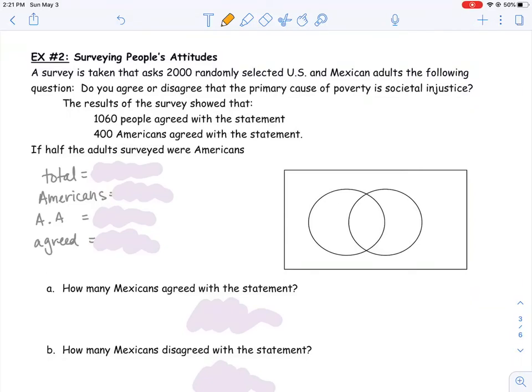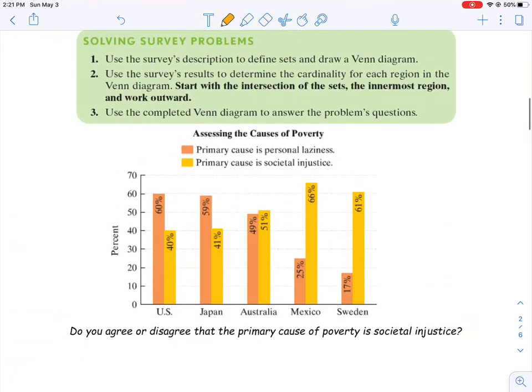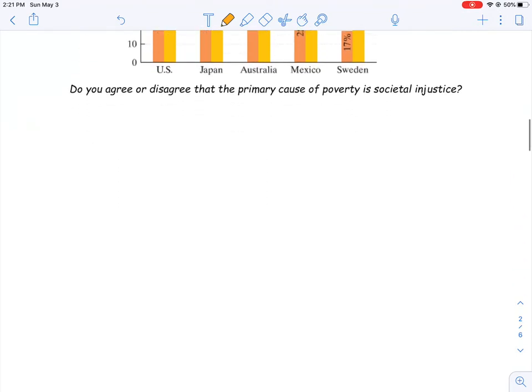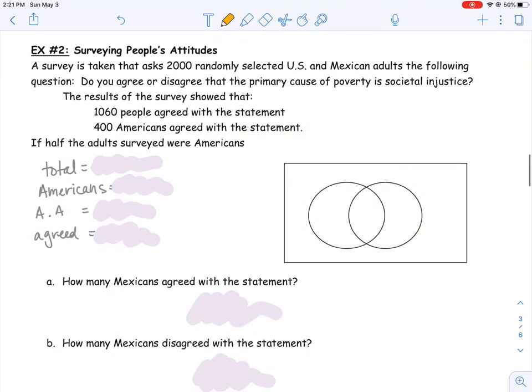All right, here's example 2 from section 2.5. Looks like they took a survey asking opinions of different countries about if they agree or disagree that the primary cause of poverty is societal injustice. And so they took some data and then they kind of took some pieces of this data and gave us